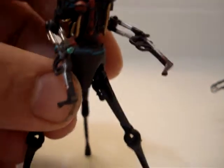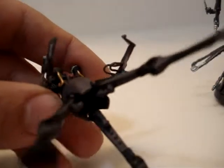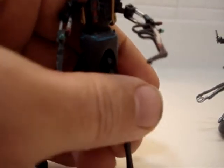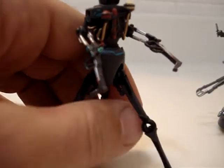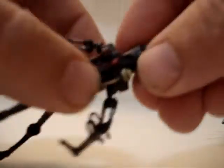He actually had his legs swivel at the waist, and there's a second swivel. It's hard to see. It doesn't really do that much. There's a second swivel inside, so his legs will go up. If you can see, you can kind of see that there's a hinge in there, and then there's the main hinge. And I think he swivels at the waist. His head swivels,